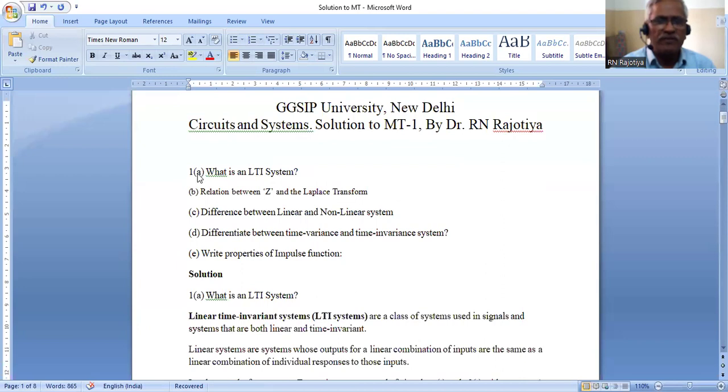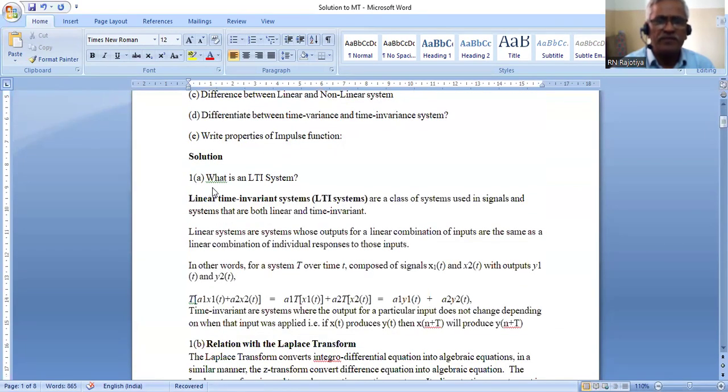Say question number 1, it contained 5 parts. We will answer all these questions one by one. So the question number 1A is, what is an LTI system? The answer is